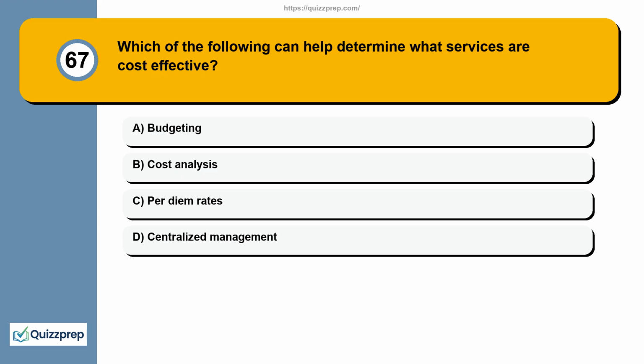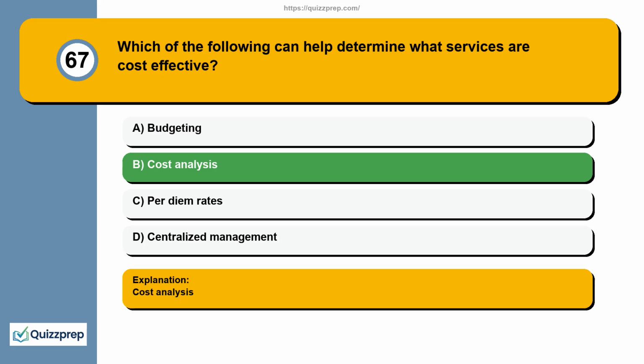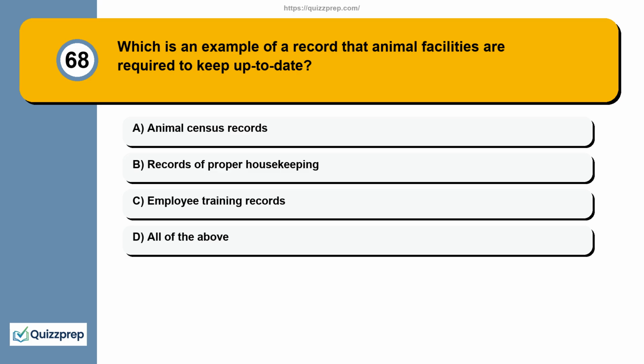Option A, budgeting. Option B, cost analysis. Option C, per diem rates. Option D, centralized management. The correct answer is option B, cost analysis. Question 68. Which is an example of a record that animal facilities are required to keep up to